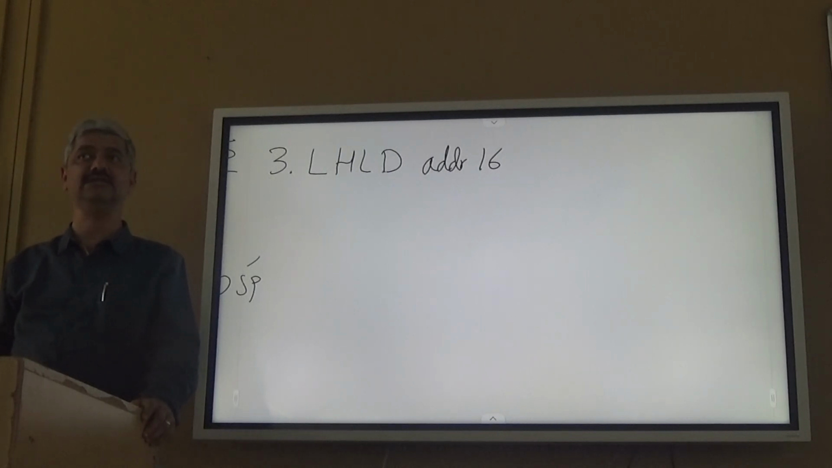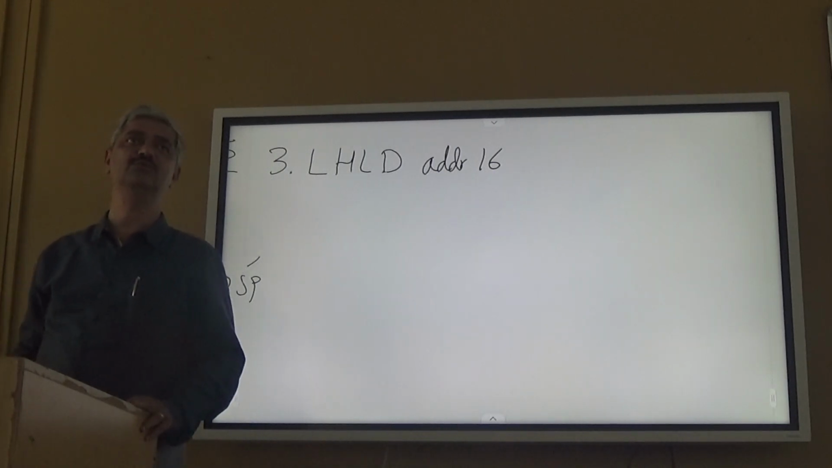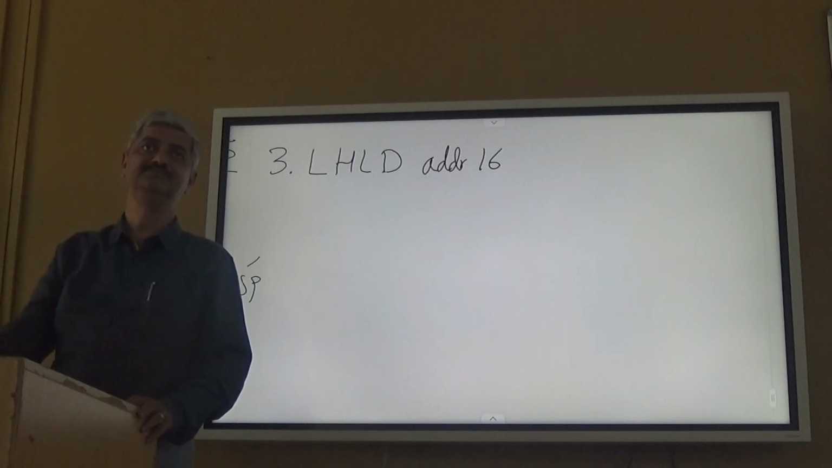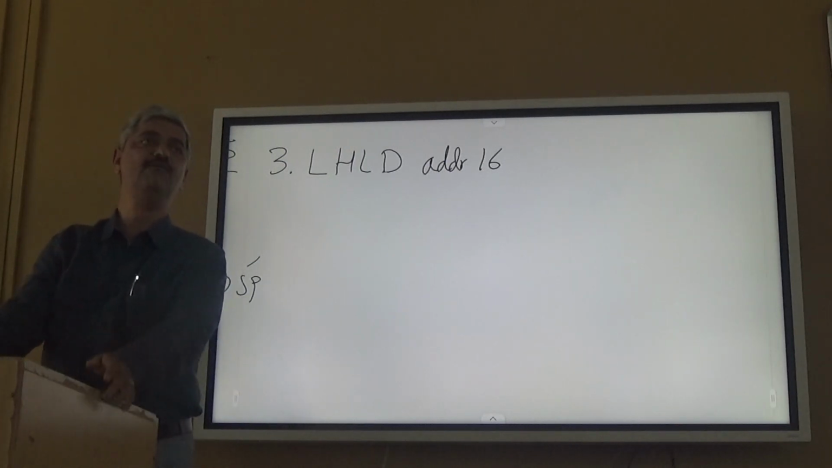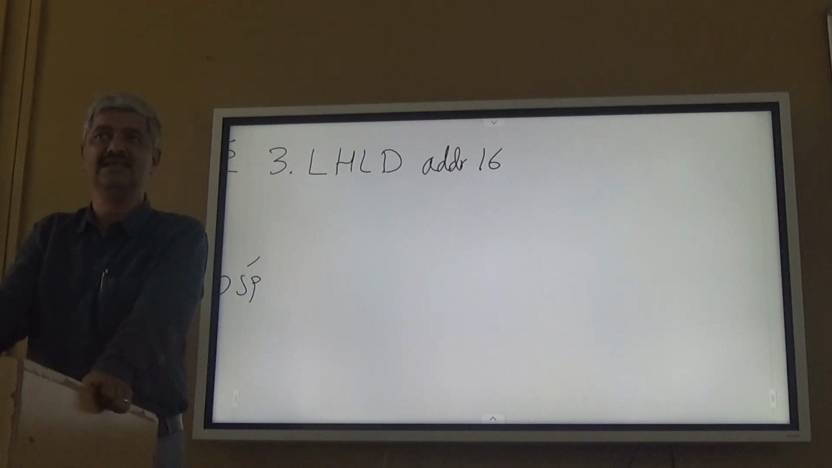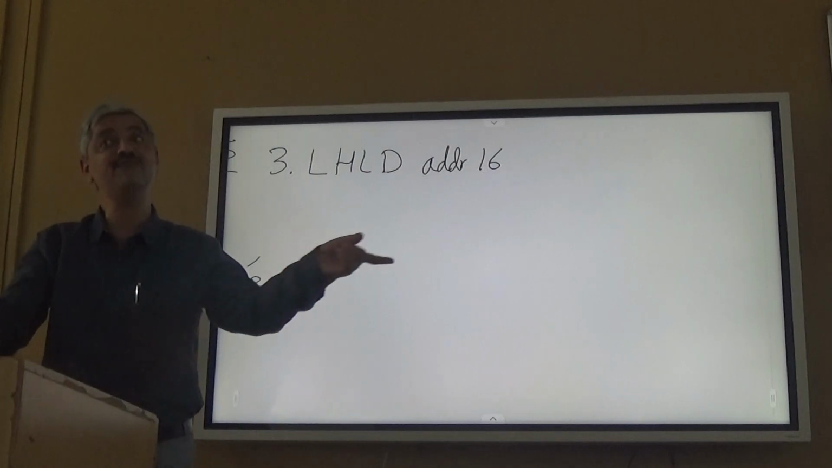memory locations. How many bits is a memory location? 8 bits. How many bits is HL? 16 bits. So can you complete the sentence? The contents of the external memory location whose address is 5000 are brought to the L register, and the contents of the next location